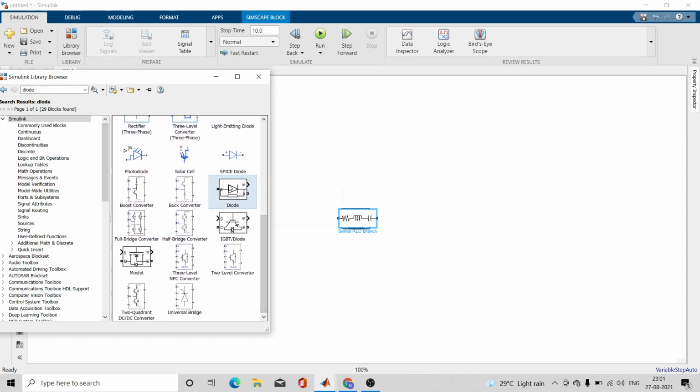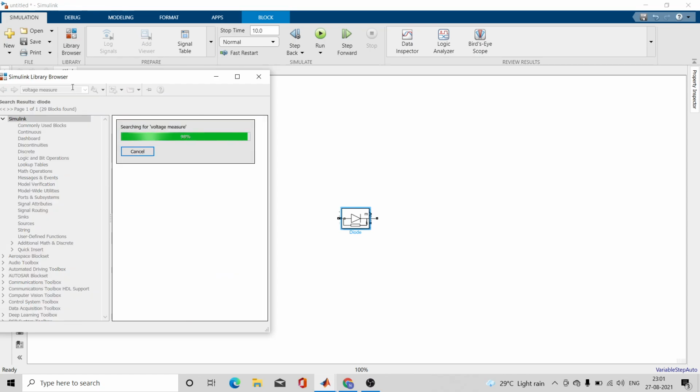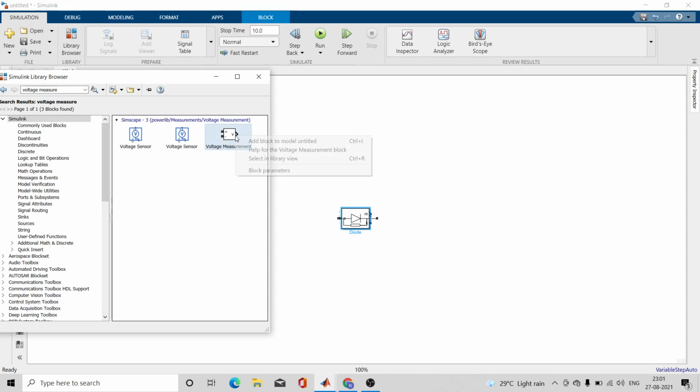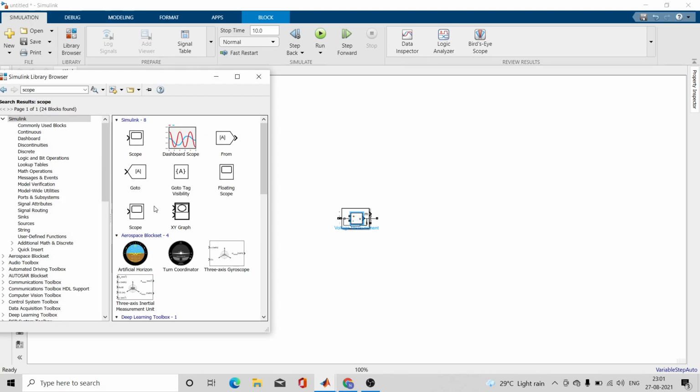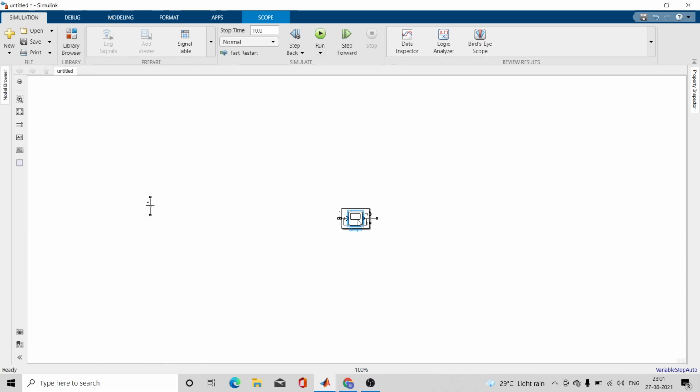Then I will require a voltage measurement block. This is the block that I will require. Then at last I'll take a scope. So this is all we require, and we will see if anything else is required.